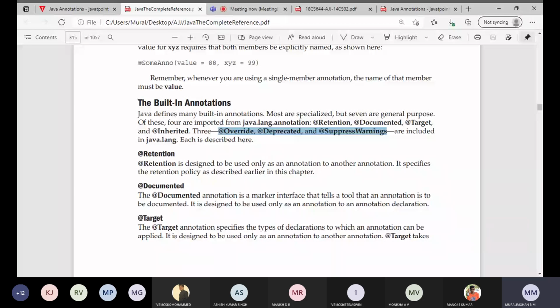Am I clear? If the question is java.lang, then you explain these 3: override, deprecated, and suppress warnings. If the question is java.lang.annotation, then you explain these 4: retention, documented, target, inherited. Okay.